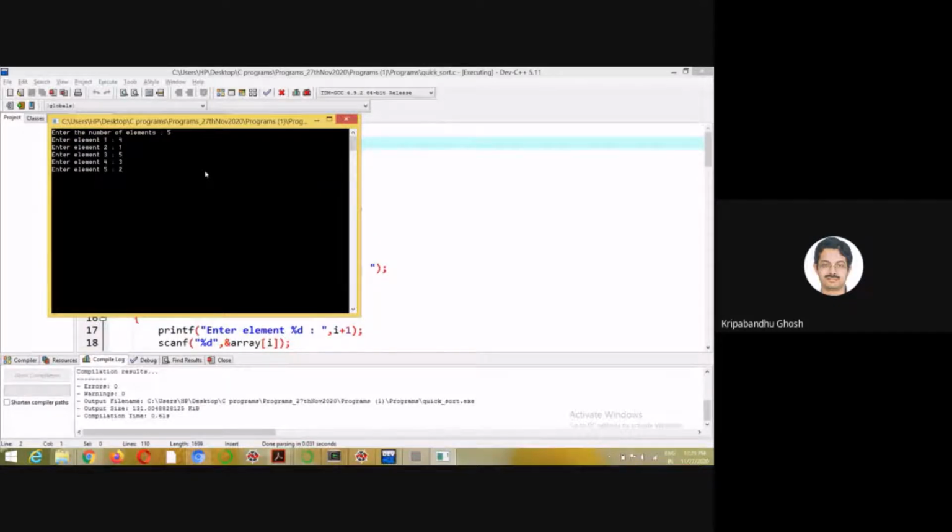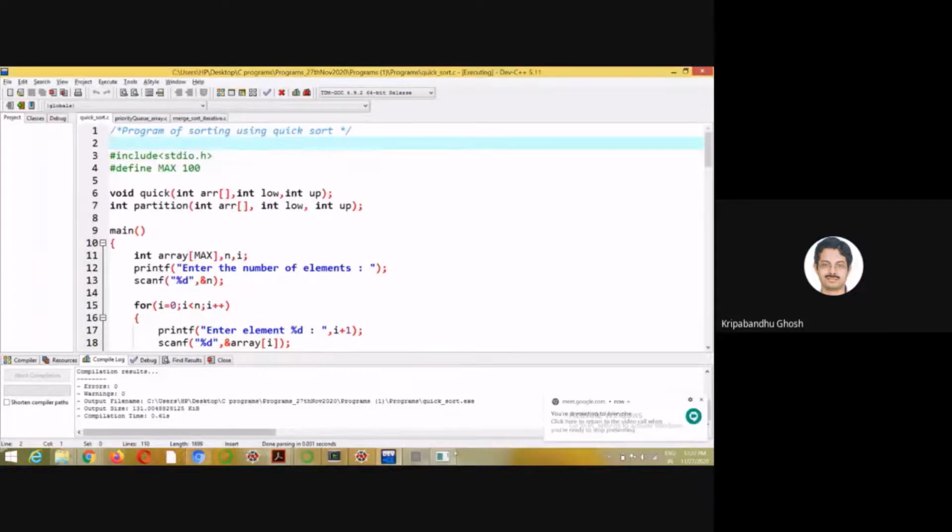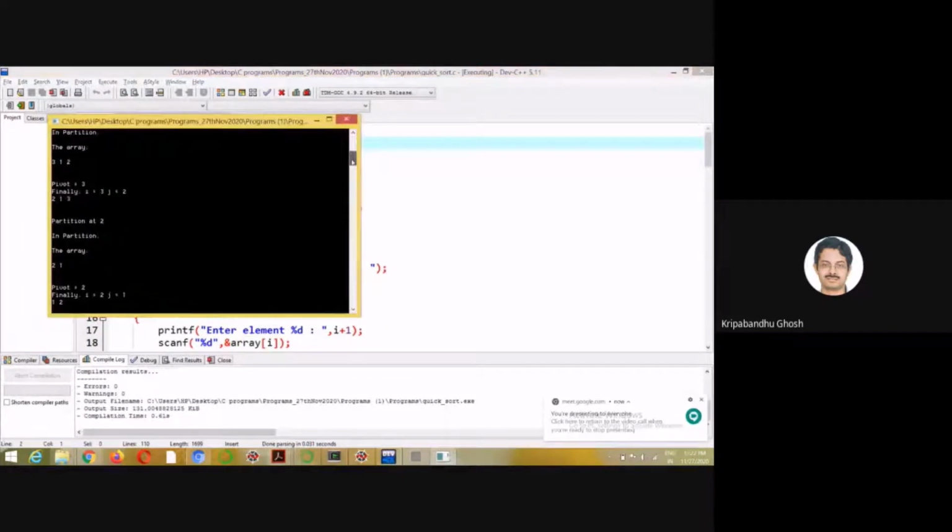4 1 5 3 2. Right. So here we see that this is the initial array and the pivot was 4, and 5 and 2 got swapped.